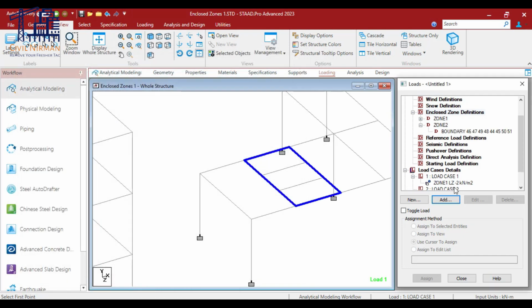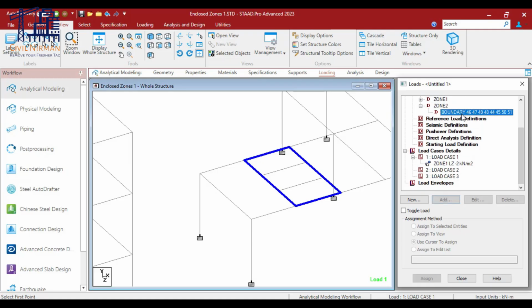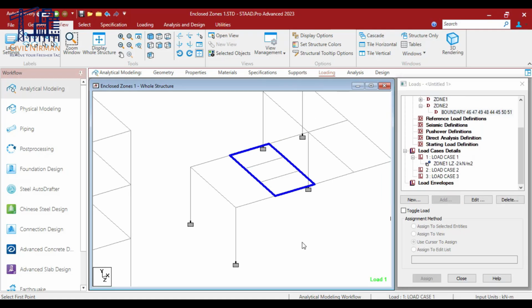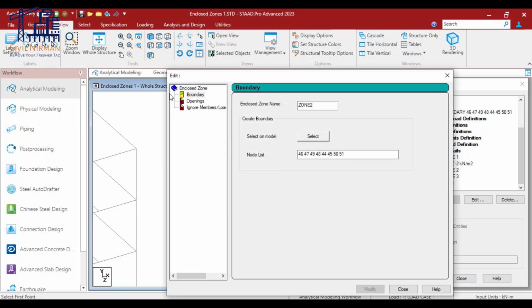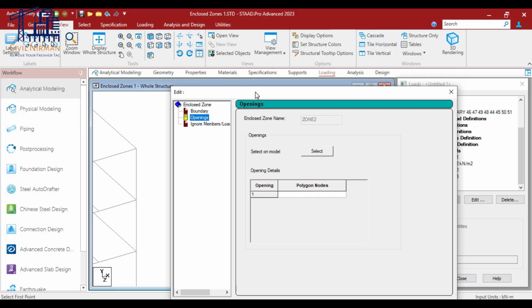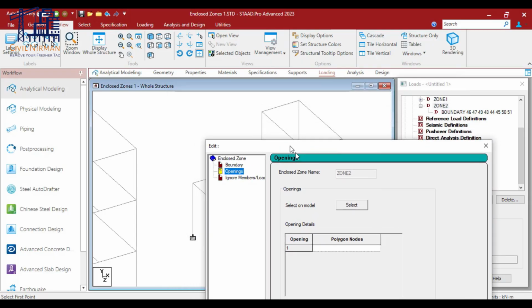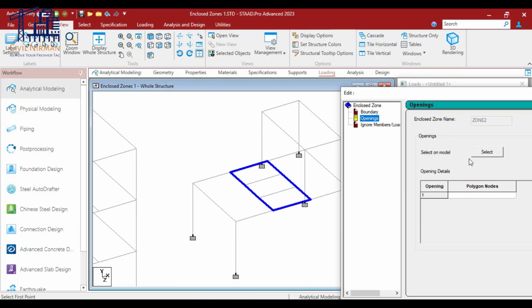I'll click on the add option. So here we have one boundary. So this is a slab formation. Now assume that we have an opening over here in between this member, right? So I'll click on the zone option, I'll click on the edit option, and then we will have this option available. Now it's asking for selecting on model, so I'll select